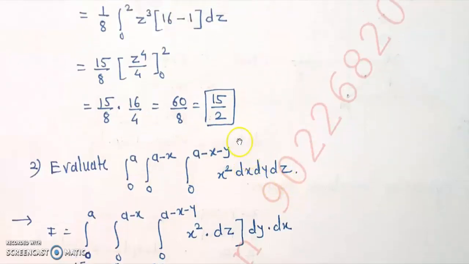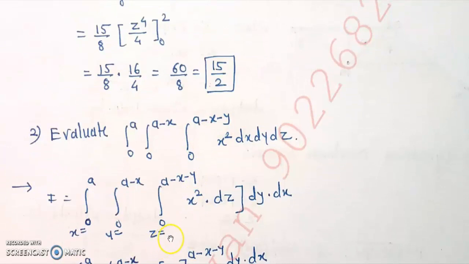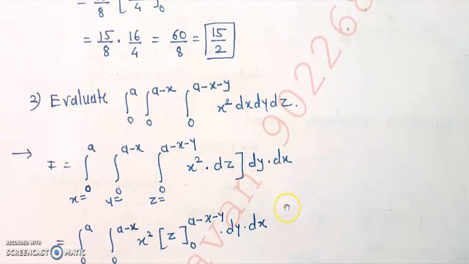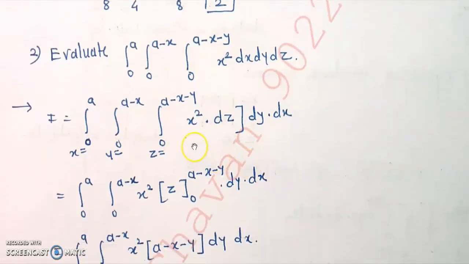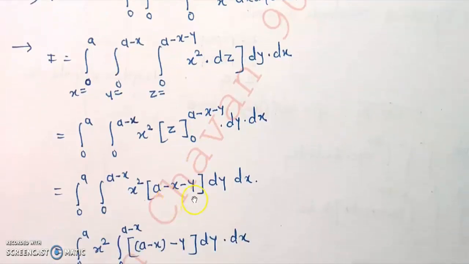So obviously it is very clear that this first integral limit contains x and y, so they are the limits of z. Okay, once z is over, then the other two integral limits are for y and x. Again the same logic, this second integral limit contains x, that's why they are the limits of y, and then lastly for x. Once this order of integration is fixed, we are free to solve the integral. Okay, so first is with respect to z, that's why x square is constant, and only dz is integrated as z in the limits 0 and a minus x minus y. So only the upper limit value comes here.